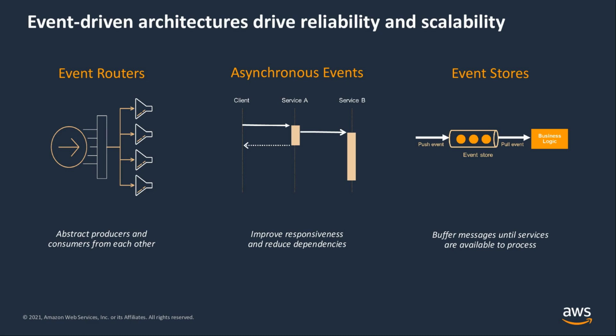The event routers at AWS include EventBridge and SNS, and we're going to talk about those a bit more later. Event stores act as buffers, and they hold on to events until the consumers are ready to use them. At AWS, SQS, or the Simple Queue Service, is our serverless event store, or queue. And Amazon MQ is another service, and it uses standard APIs and protocols that you might already be using and familiar with, protocols like AMQP, STOMP, MQTT, and WebSockets.